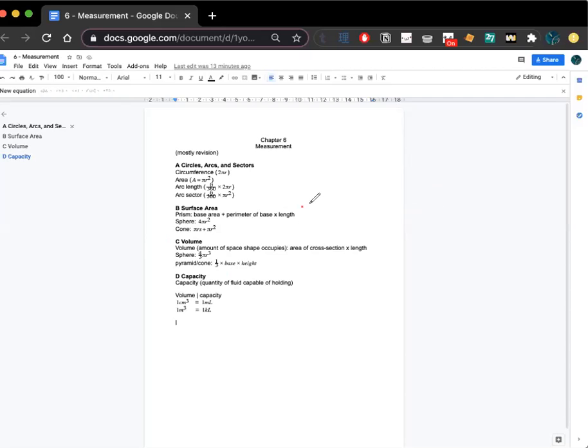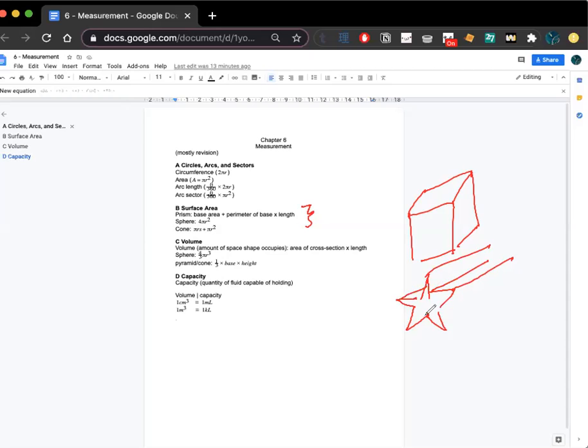Okay, so now we're gonna go into surface area. So if you have a 3D shape, whether it's a cube, a rectangular prism, or whatever prism that you have, for example, this prism, and you want to look for its surface area, an easy way to do it is you